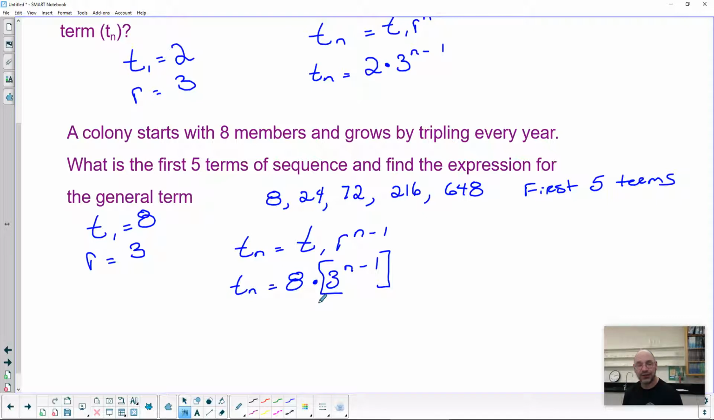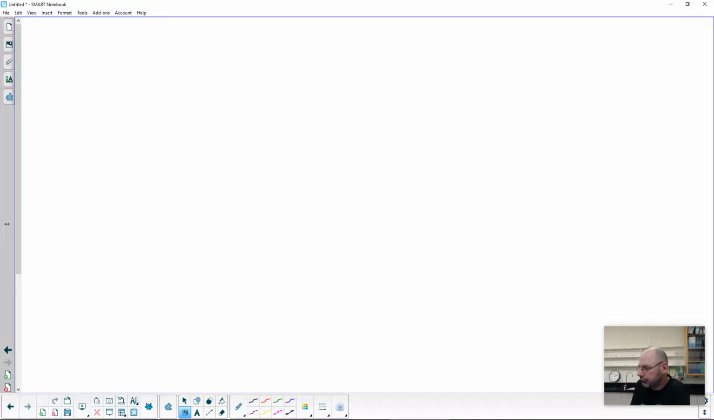Okay, so that's just the first couple examples. They were the same type of example, where we're just finding some general term expressions. The second type of example that we're going to do is finding a particular term, or solving for a particular term. So let's flip our